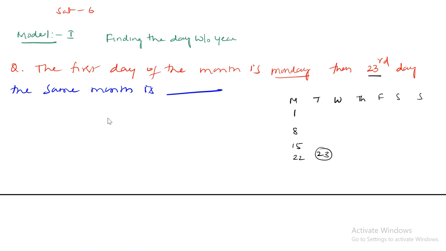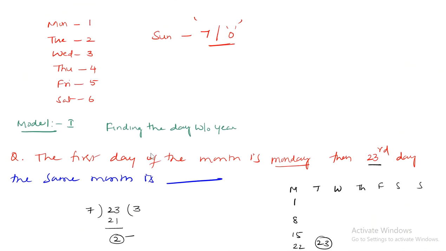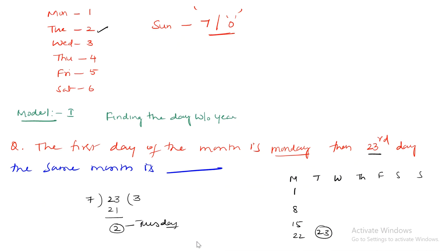So first take the 23rd day, divide it by 7. Okay, so 7 3s are 21. So the remainder will be what? 2. Okay, so we are only given a code for 2. What is 2 here? Okay, so for the code we have given, 2 is nothing but, see here, it is Tuesday. So you can verify this answer, Tuesday here. Okay, this is the kind of question they ask.